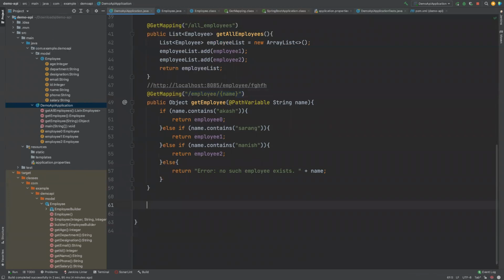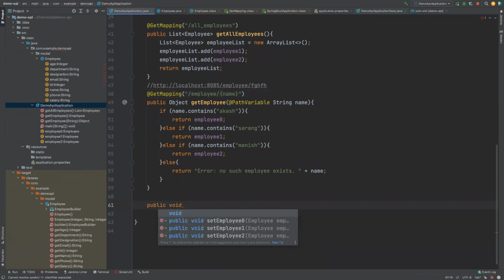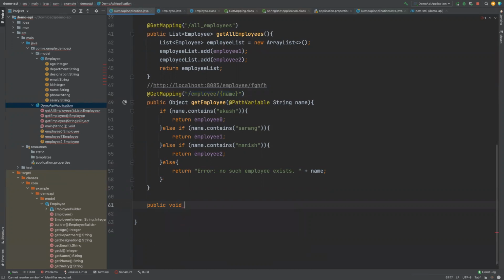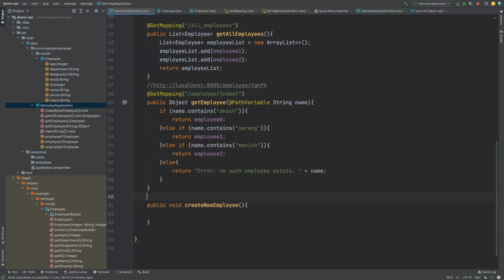Okay, so I will go and create a method. I will say public void, and this will remain void because I will not be returning anything. I can still return something in response to the operation, but for now I'll keep it void. And then I'll say create new employee. Okay, and here I will go ahead and write